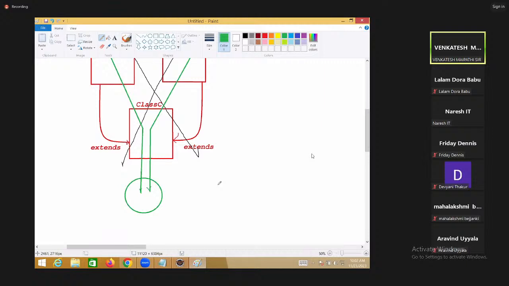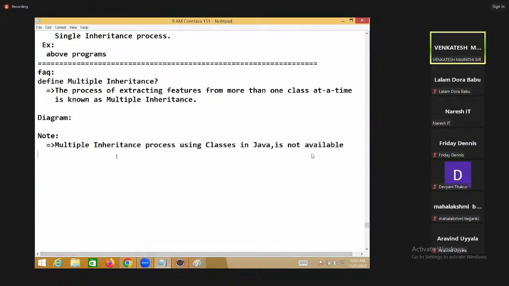In C++, that ambiguity is there. It was identified and removed. Multiple inheritance using classes has been removed. And the reason is given like this. Continue. Multiple inheritance process using classes in Java is not available because